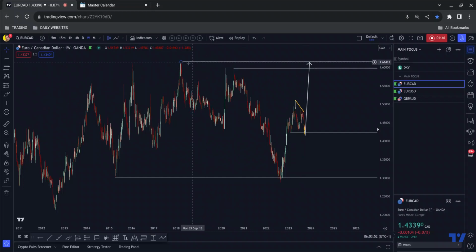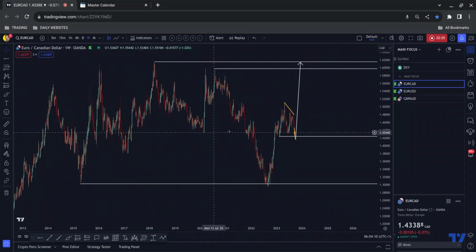When price gets close to an area of value, but it doesn't quite tap into it, price will often find its way back up to that area to take out the high or the low on the flip side before potentially rallying, pushing to the downside or forming continuation, a correction above to push higher. We also have a larger flag halfway between a range, which is typically what we see. If we assume the range is from here to here, we have a larger correction for that potential impulse correction continuation,